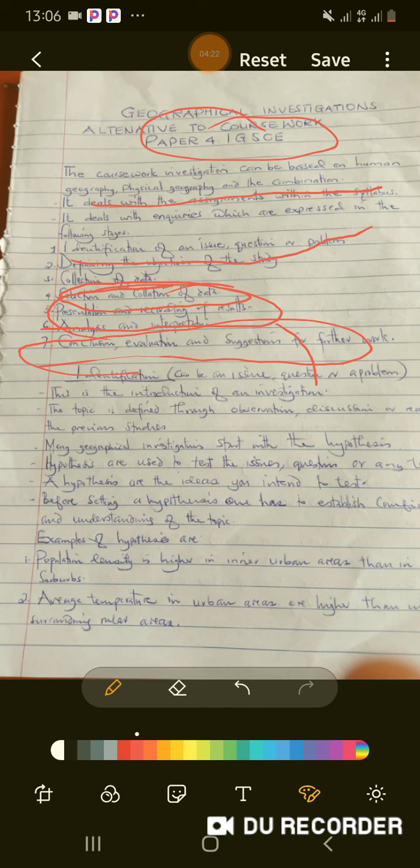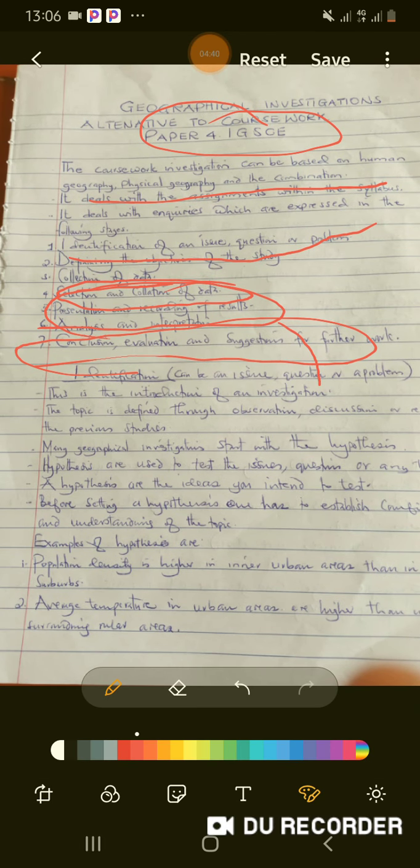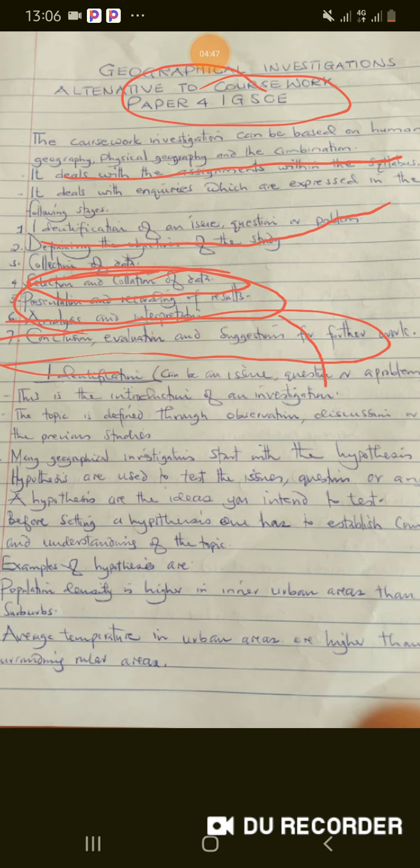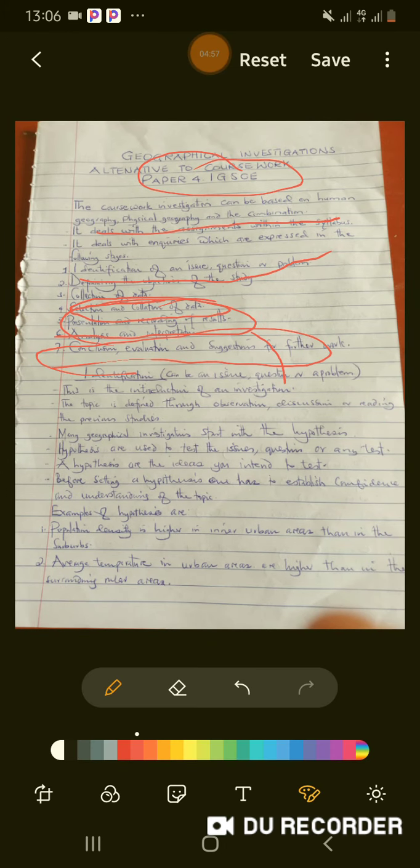Under the identification, the topic is defined, and the definition of this problem can be done through observation, discussion, or research from previous studies. You have conducted the research from previous studies. You need to analyze them. You need to discuss. You can observe all these things. For example, the problem which you analyze, you need to observe why these things are happening. You go closer to it. You can discuss with your friends. You need to observe what is happening, why this soil is always wet. Try to put it into your hand. You observe it for you to identify.